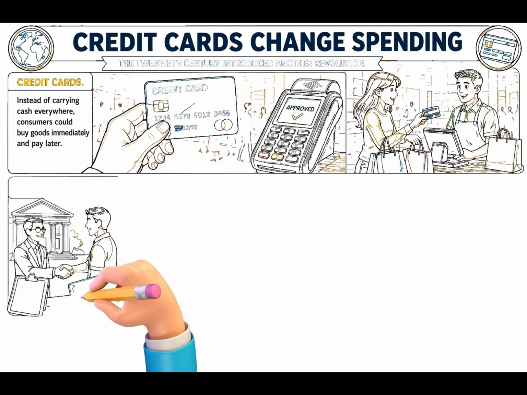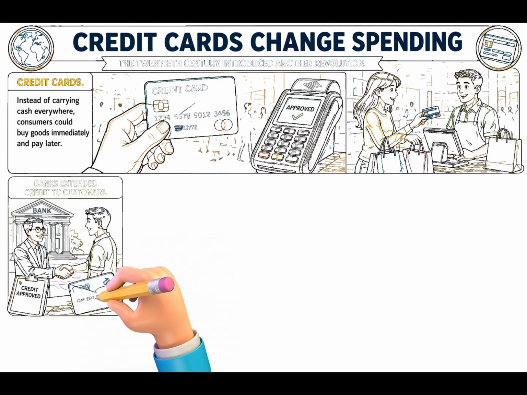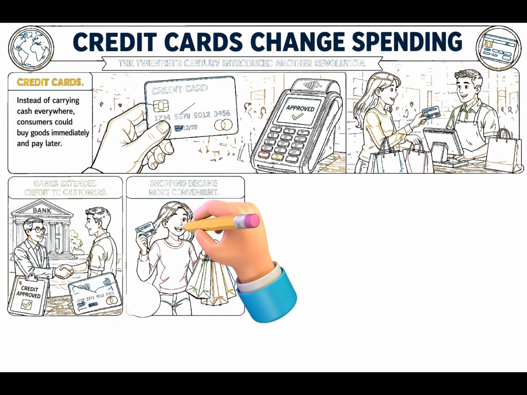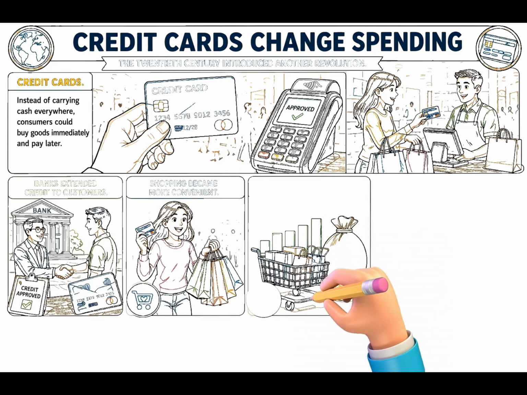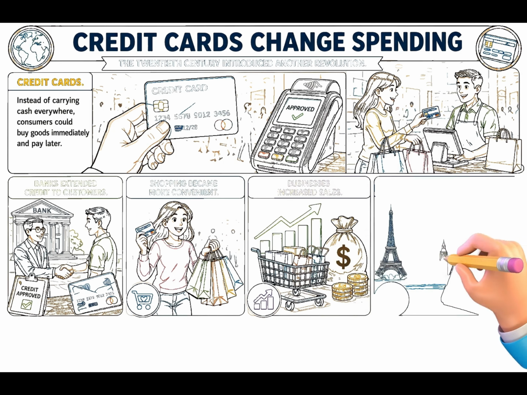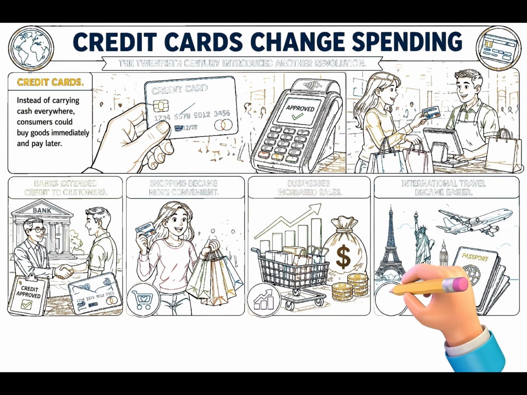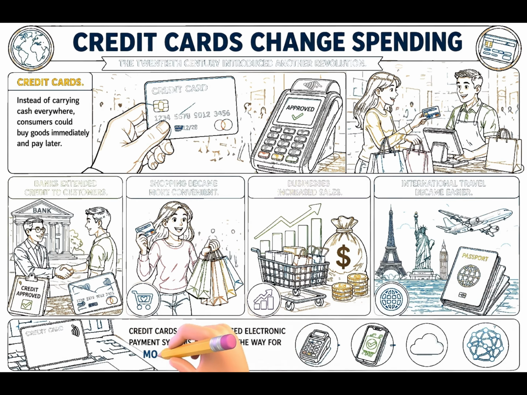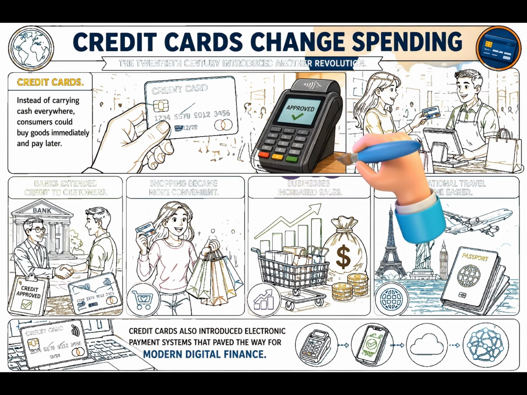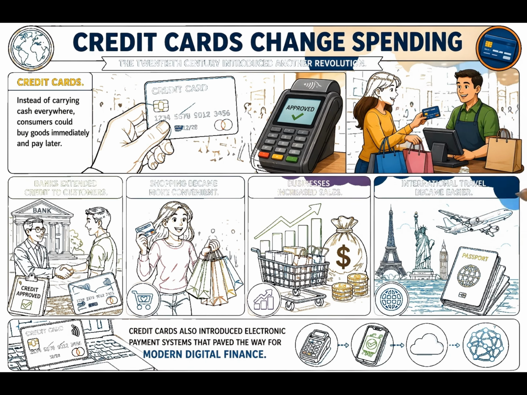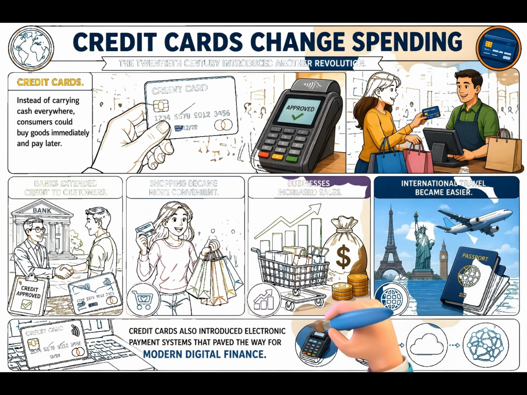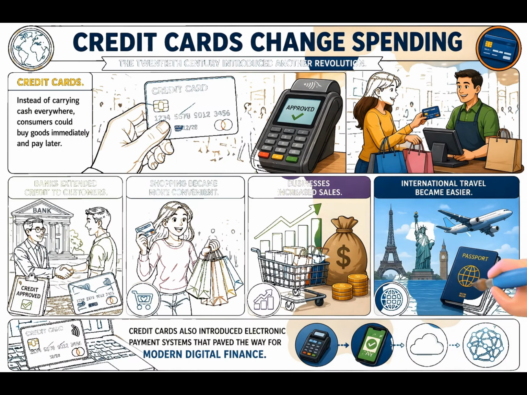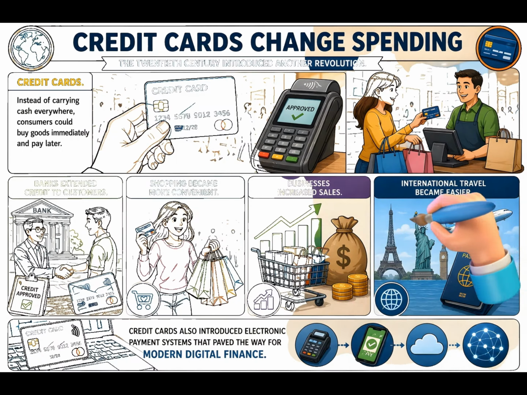In 2009, another major innovation appeared with the launch of cryptocurrency. Unlike traditional currencies issued by governments, cryptocurrencies operate on decentralized computer networks using blockchain technology. Blockchain is a digital ledger that securely records every transaction across thousands of computers. Because no single authority controls the network, supporters believe blockchain offers greater transparency and financial independence.